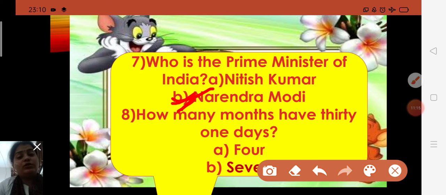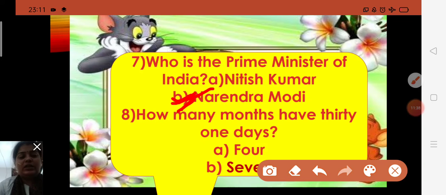And also, who is the first Prime Minister of India, children? Yes, Pandit Jawaharlal Nehru. Who was the first Prime Minister of India? You will have to say Pandit Jawaharlal Nehru was the first Prime Minister of India. If it is asking for the current Prime Minister of India, you will have to say Mr. Narendra Modi.